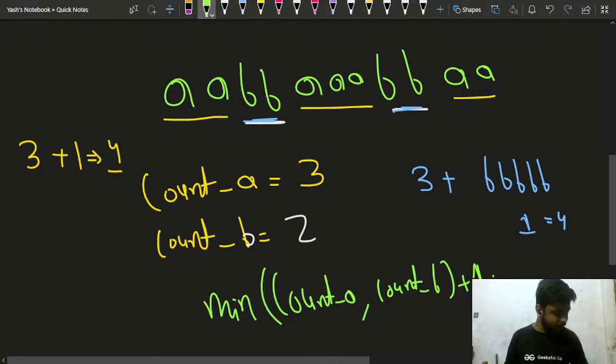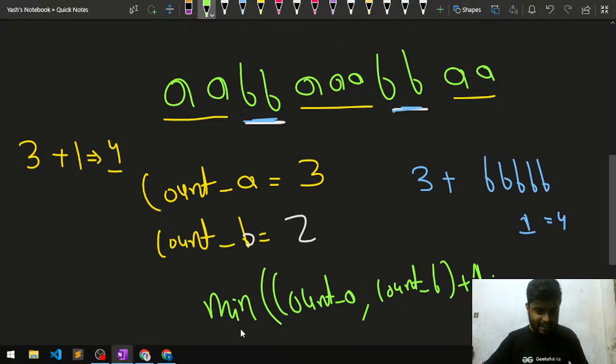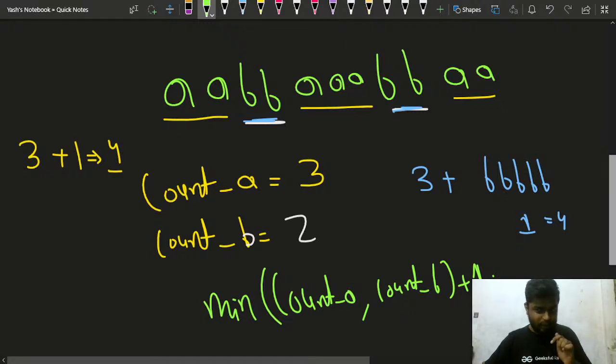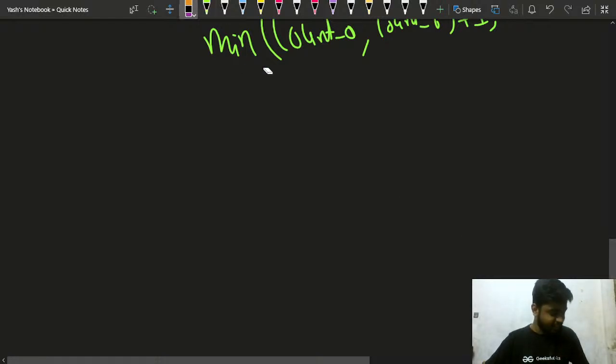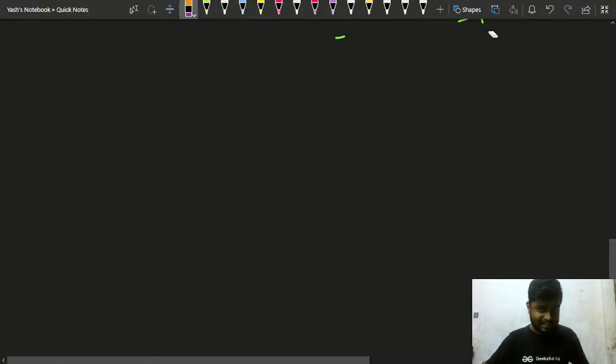Is it clear to everyone, guys? Right, so that's how you will be doing it. So basically, how do you count the segments? How will you count the contiguous segments? So is it clear to everyone? I hope that it is clear. You can write clear in the chat, guys, for that.